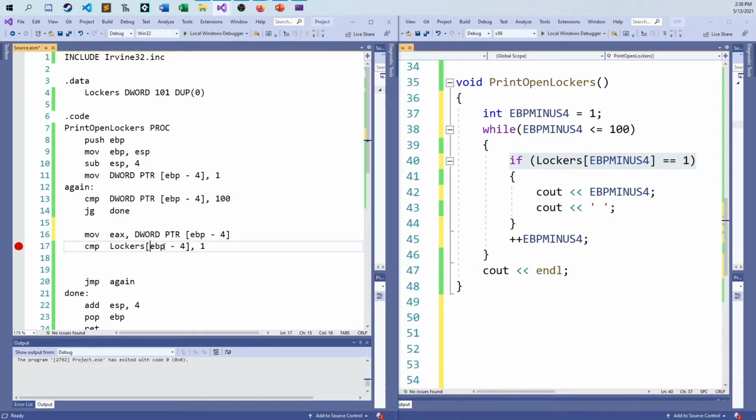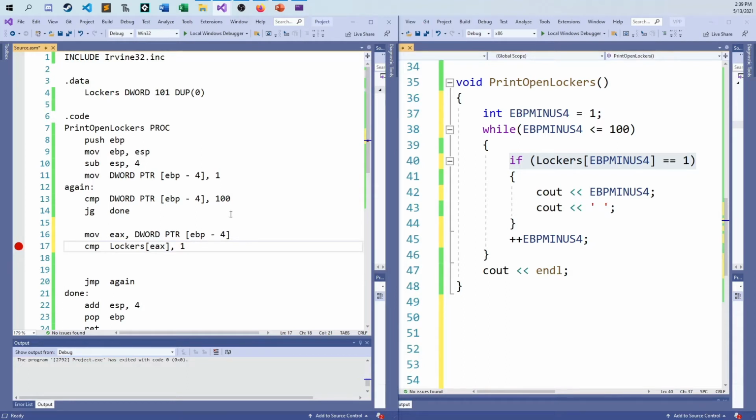This just says, okay, get me the EBP value, subtract 4 from it, and then go to that position in the lockers array. So these are completely different things. EAX here will store the 1, but here, this will store the 1,000,000 number. And so what I can do here is I can actually say EAX now, that's perfectly legitimate. It needs the extra step because of the dereference from the memory to get the value to go to that